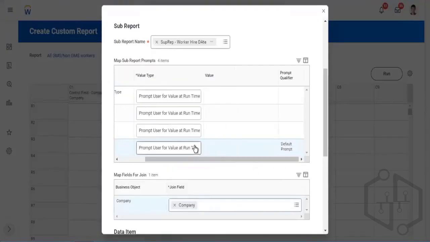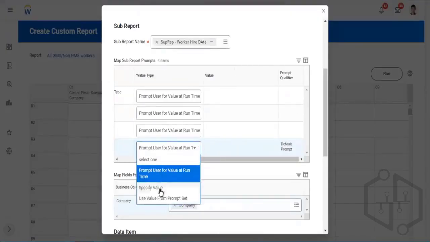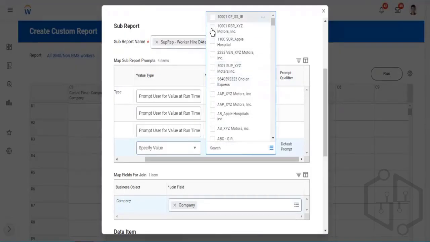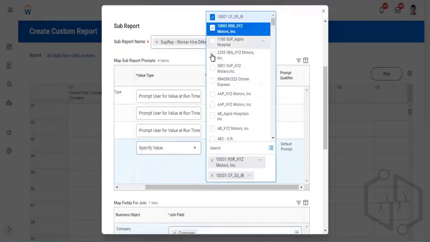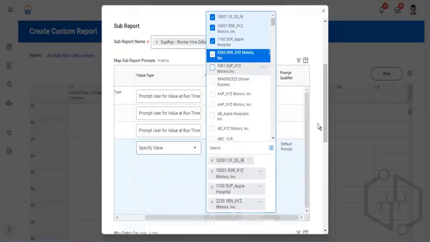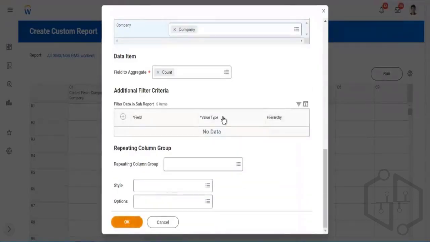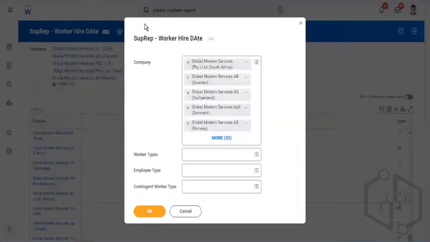Right? I would say specify value, and I'm selecting a different set of companies. So here, let's say these are the 5 companies that I'm selecting here. And okay. So if you see, had I, let's say I want to get details of all employees in GMS